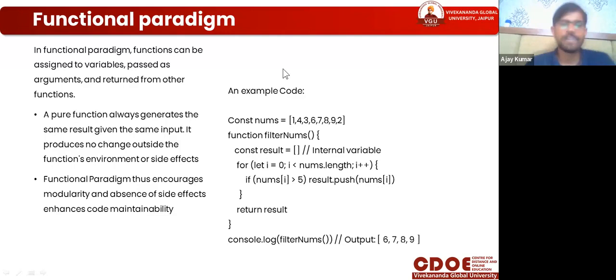In a functional paradigm, functions can be assigned to variables. Now, there is a variable num. Num means numbers. Numbers are 1, 4, 3. We are assigning. There is a meaning of that. Assign means that we are putting that value in that variable, and that number can vary. We can change this number later, and we use another number, number 2, number 3 here, and we can change the number.